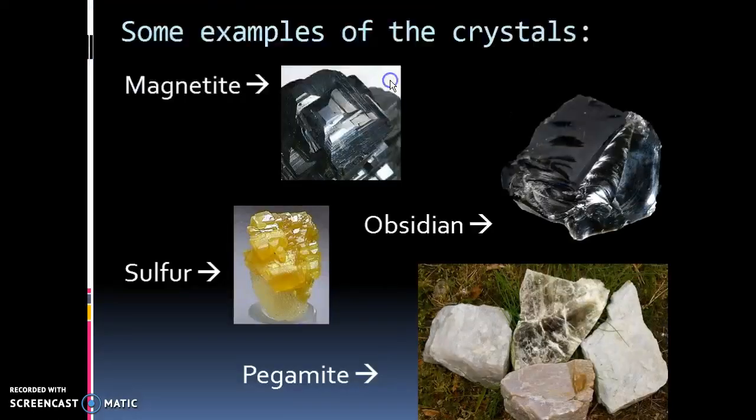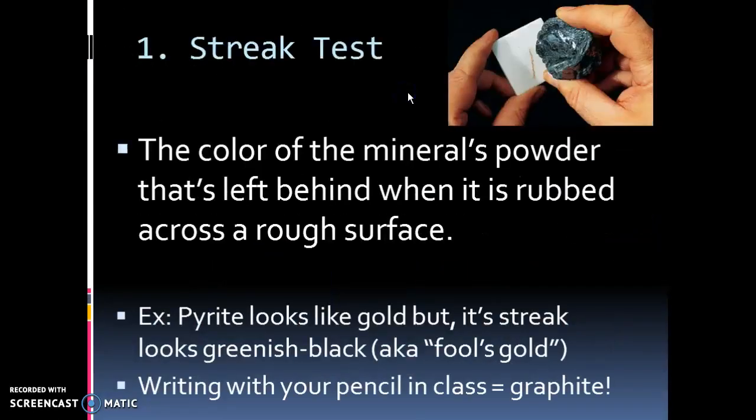Okay, so now how do we know what kind of mineral we're dealing with? If we're trying to identify minerals, we can do one of 7 different tests. One test we could do is what's called a streak test, where we take a mineral and we scratch it on a plate and we see what color is left behind. One of the most famous streak tests that you do every day without even realizing is the graphite streak test. When graphite is scratched on a surface, it leaves behind a specific color. That is a streak test. So what you have probably done in class with your pencils, you're doing technically a streak test.